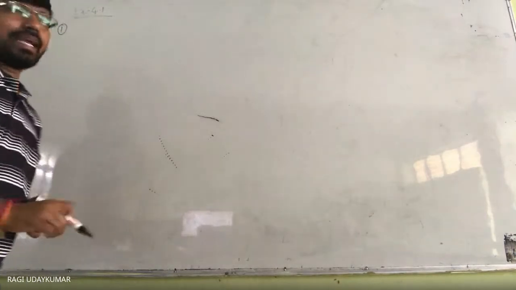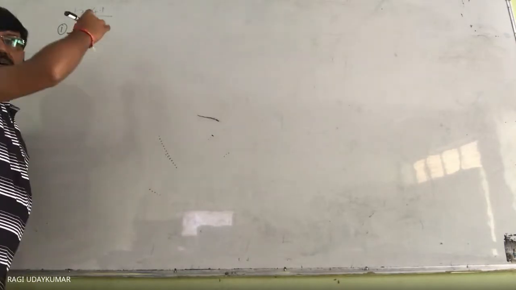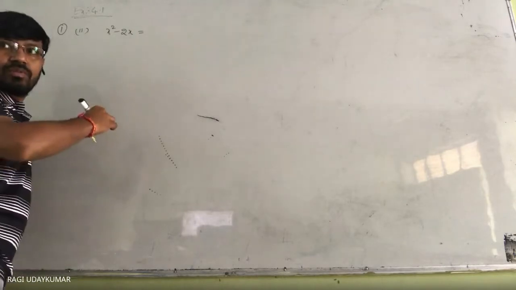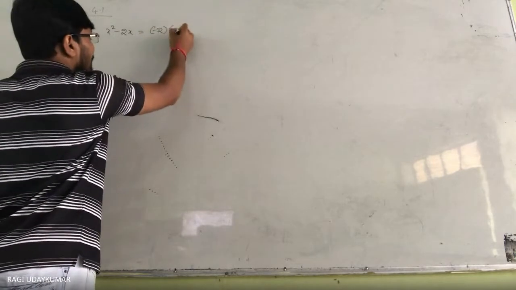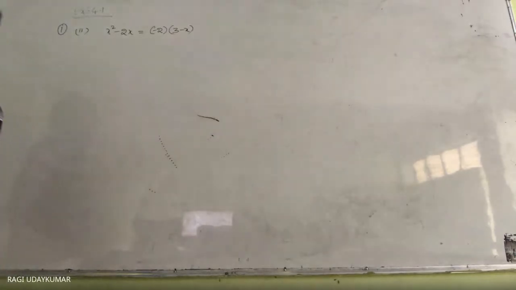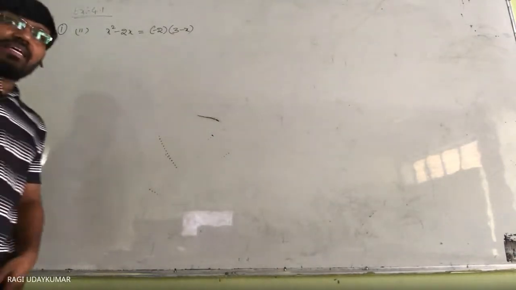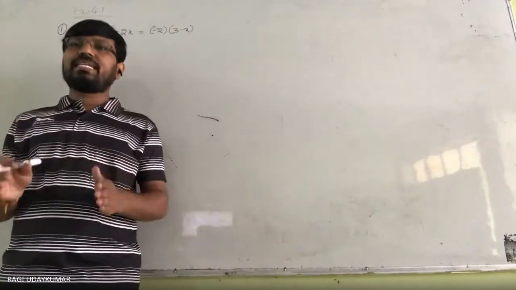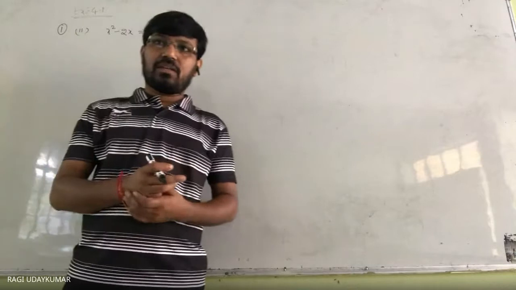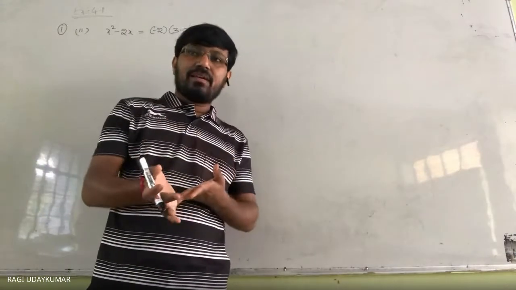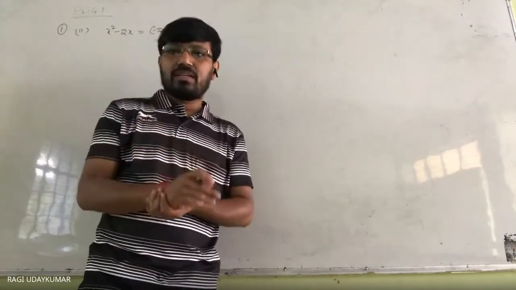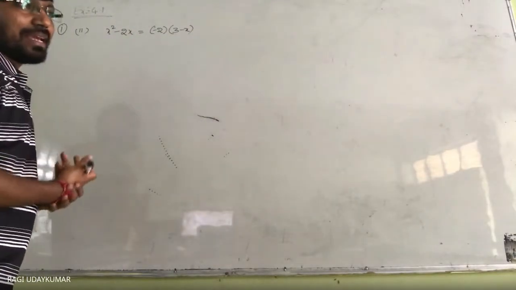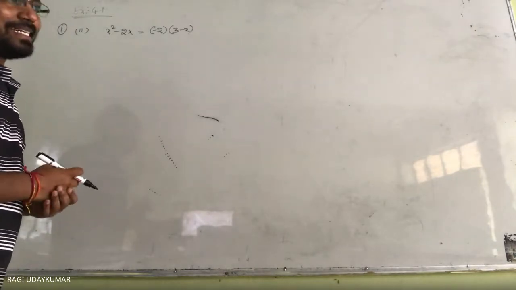Suppose whenever you see the second question, some selected questions I have explained. x square minus 2x is equal to minus 2 into 3 minus x is the question. Whether it is a quadratic equation. How do you check? Don't confirm that only x square is present in that, it's a quadratic equation. And don't see that x cube is there, means it's not a quadratic equation. It doesn't matter that. After simplification, it should look like ax square plus bx plus c is equal to 0.